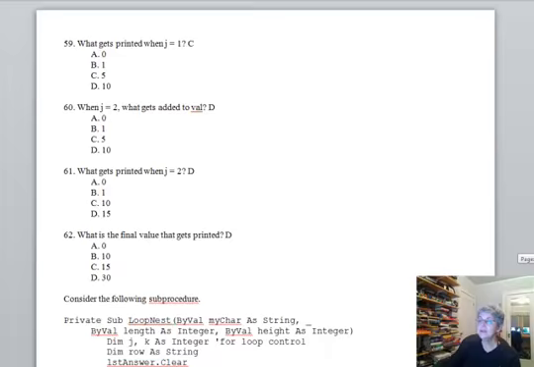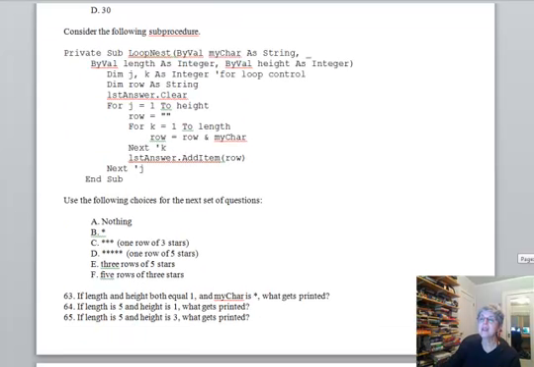Okay, consider the following subprocedure. This one's got a nested loop, right? The inner loop is on K, the outer loop is on J. And it's one of the kind where we're building up a row of characters. So first of all,